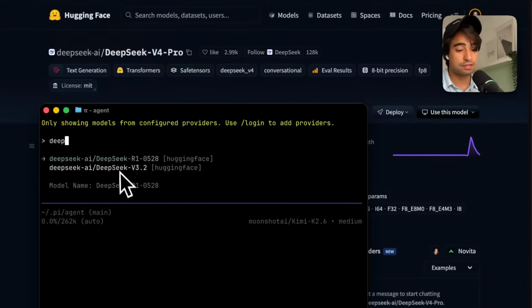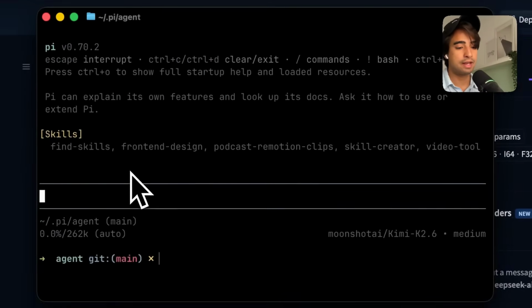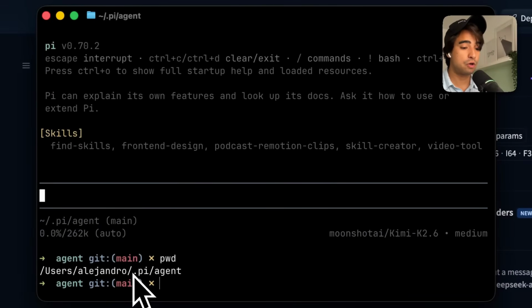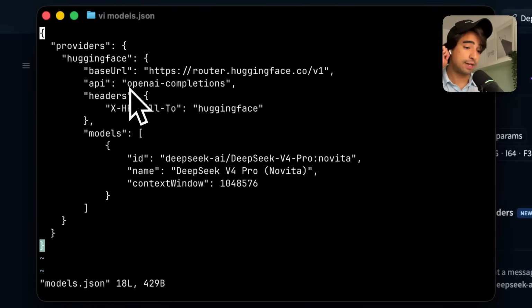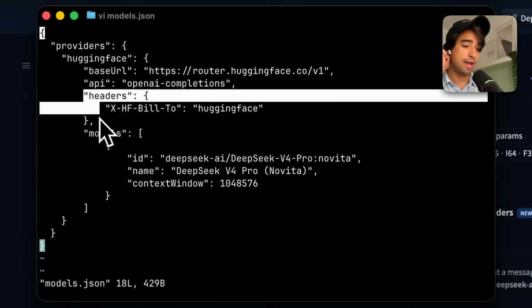And since I don't see it right here, what I'm going to have to do is go to my user home, then .pi/agent. And right here, as you can see, I have a models.json file. Now this one right here, I'm going to have to edit, and I am going to have to make it look like this. So basically what I did is I just added a few headers